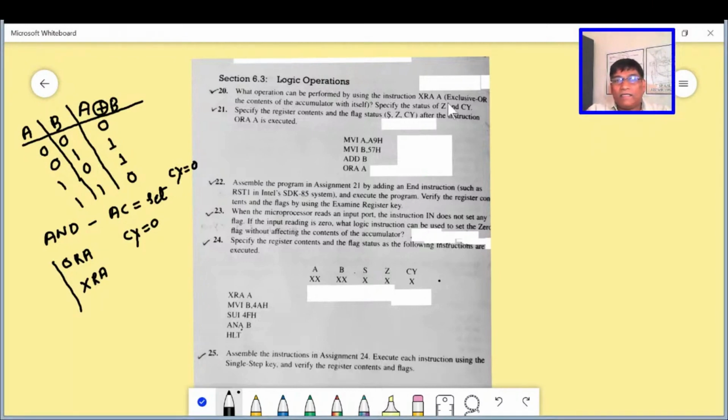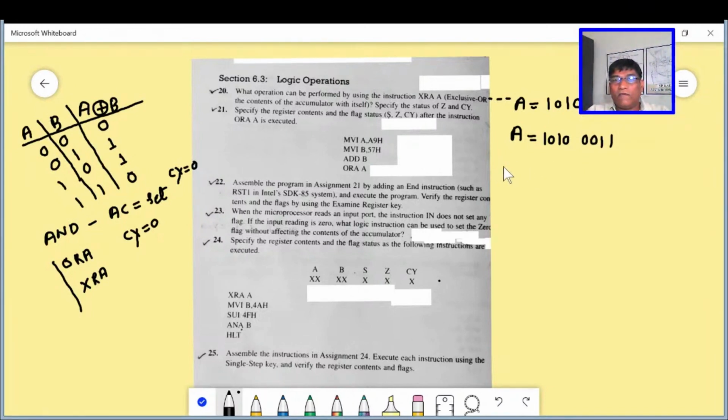If any number is there, and we are doing an exclusive OR operation, suppose the accumulator content for question number 20 is 1 0 1 0 0 0 1 1.